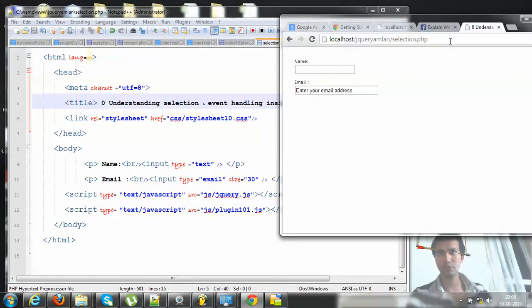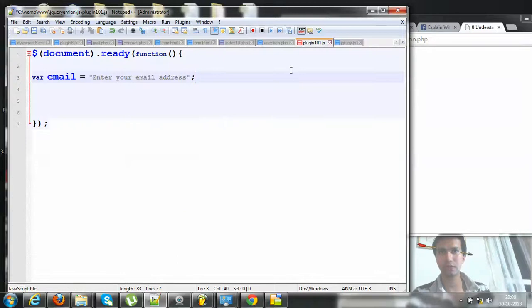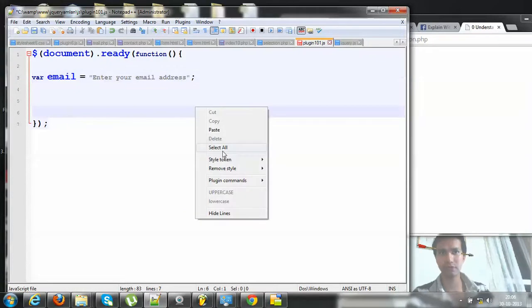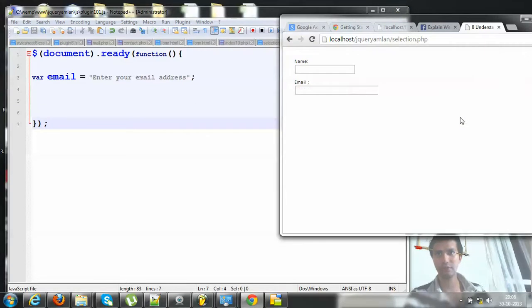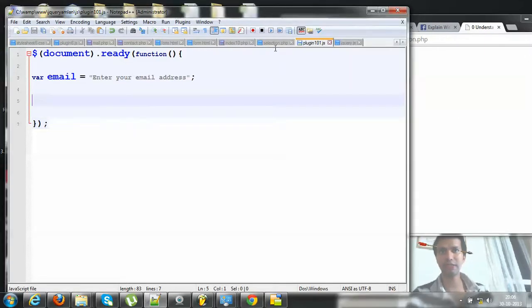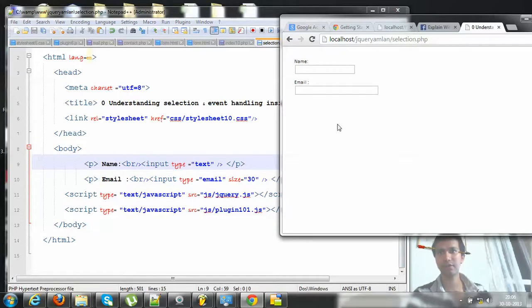No, there's some mistake. Okay, so I didn't save this, I guess. Yeah, so let's save this and now reload it. So there you go. Now basically only this part, whatever is there on the screen, gets rendered out. So you can see that we don't have any values for email.